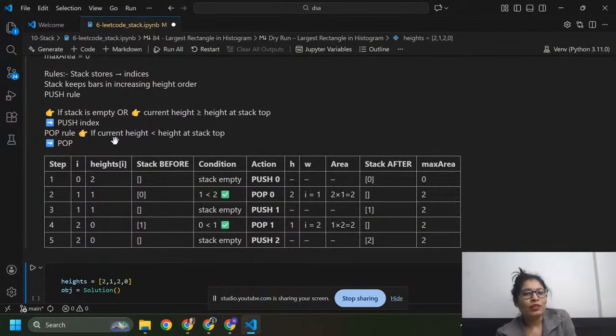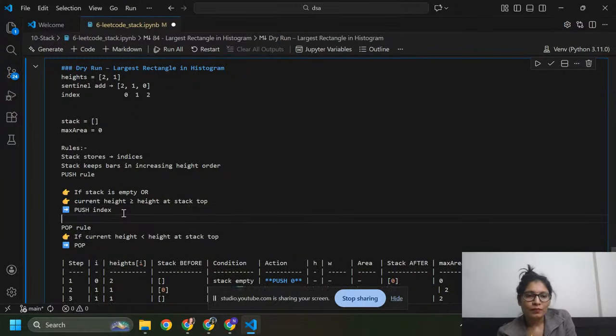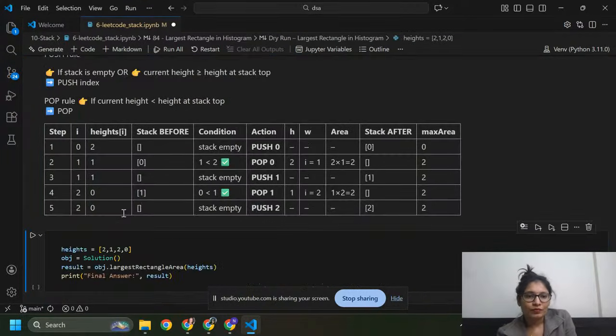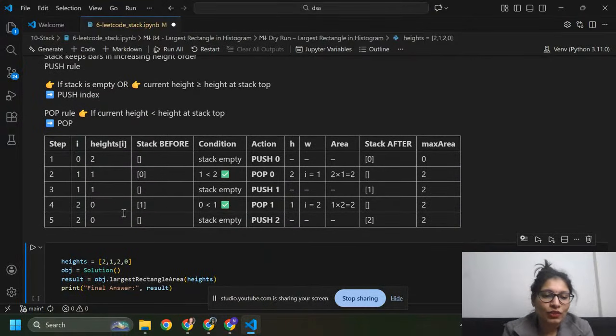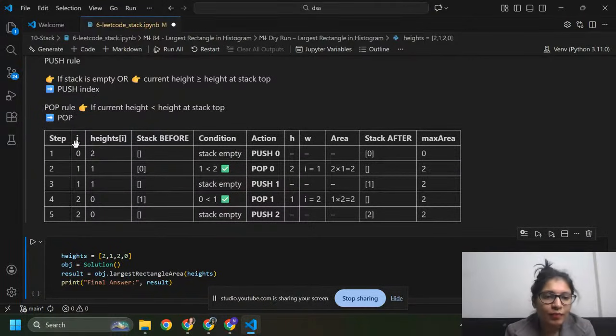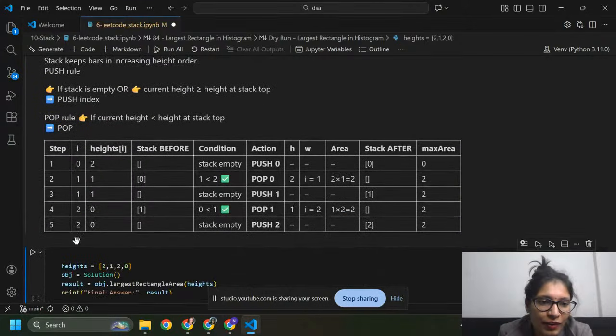Pop rule: if the current height is less than the height at the stack top. Now I have this table, and we are going to take i equal to 0, 1, 2.